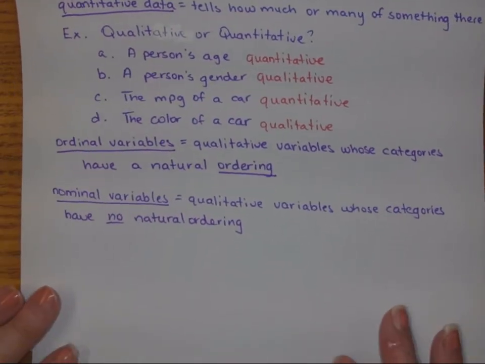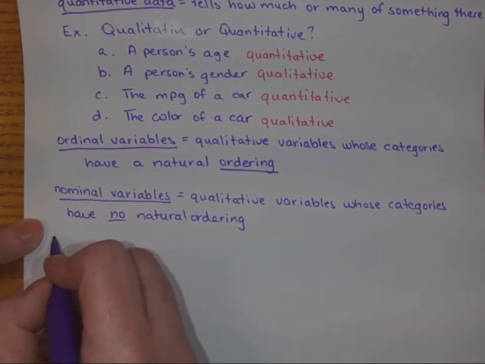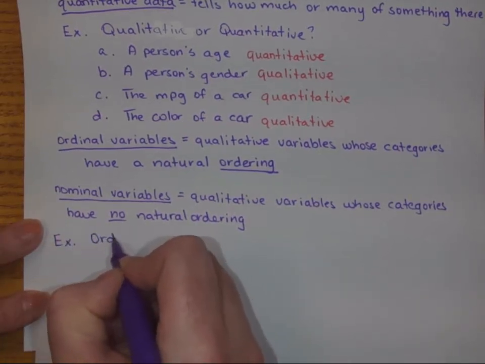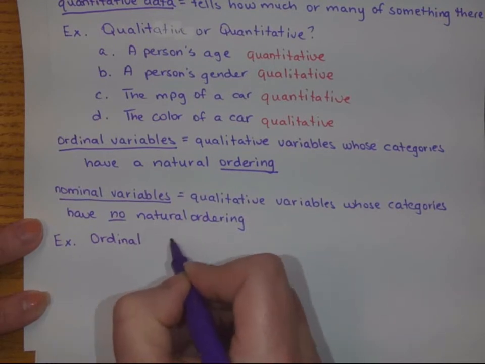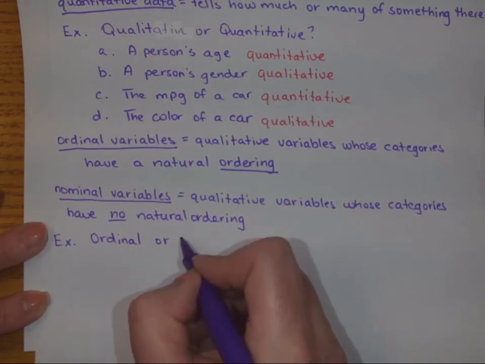Okay. Note that this is always talking about non-numbered data to begin with, because numbered data would actually always be able to be ordered, so we really wouldn't ask that question about number data. So, ordinal or nominal,